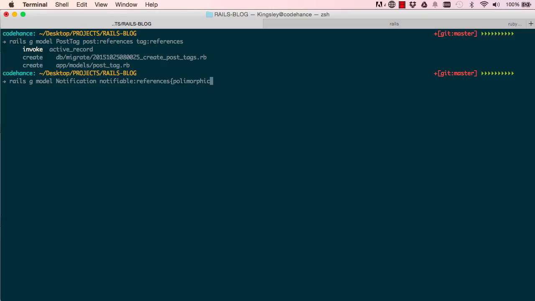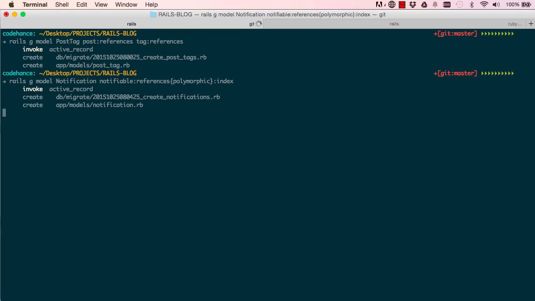Polymorphic is P-O-L-Y. Okay, and Rails will do the rest of the job for us, creating an ID and type. So that's what we do. So put index there, and then you hit the enter button, and Rails will go ahead and generate that model